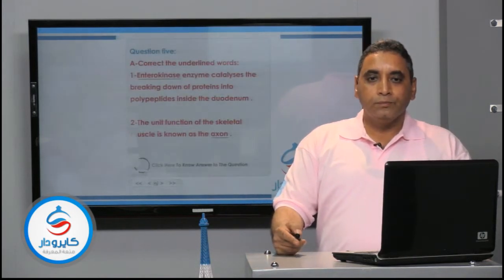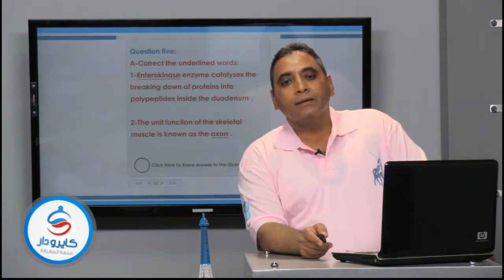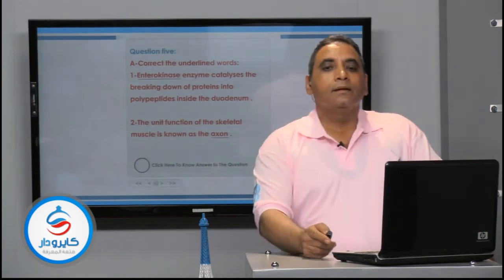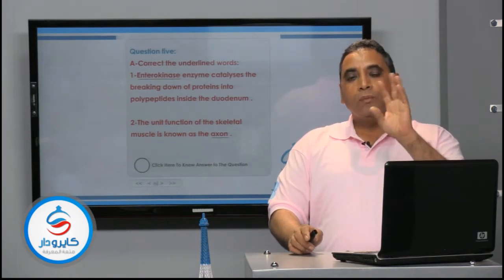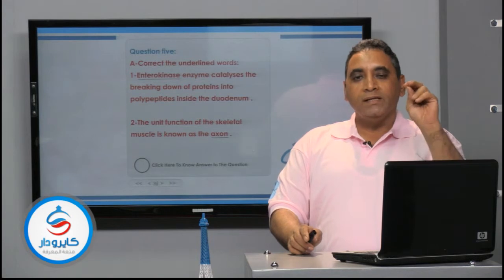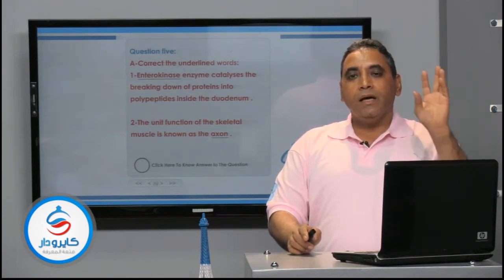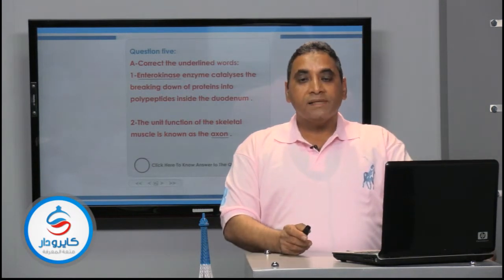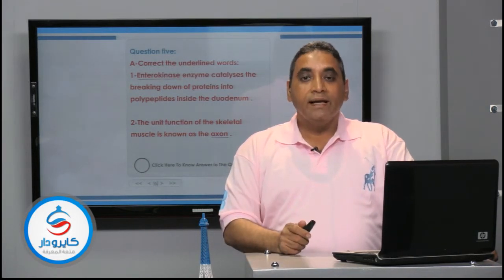The next question. Correct the underlined words. Enterokinase enzyme catalyzed the breaking down of the protein into polypeptide inside the duodenum. We understand that the enzymes that are responsible for hydrolyzing the protein into polypeptide are two enzymes, pepsin inside the stomach and the trypsin inside the duodenum. The pepsin inside the stomach is secreted in the case of the